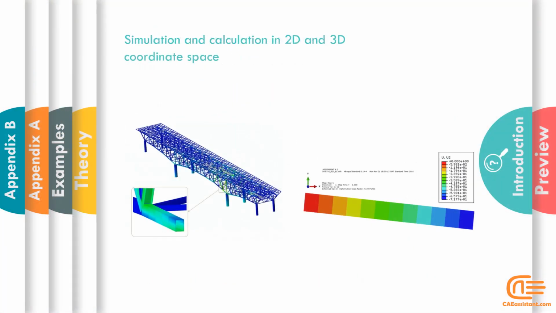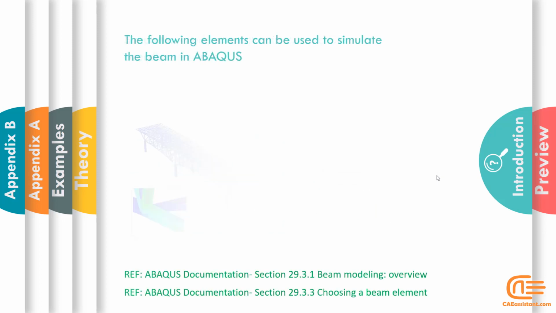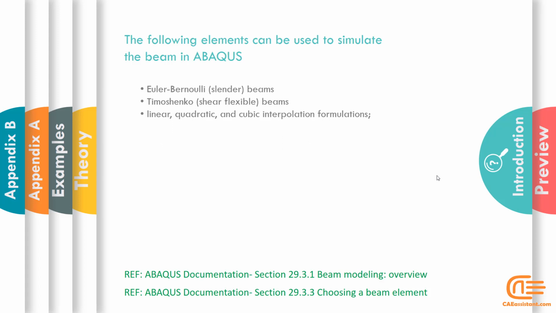If the values of variables in the third dimension are negligible, the simulation can be performed in two-dimensional form by eliminating the third dimension values from the equations. The following elements can be used to simulate the beam in Abaqus: ordinary Bernoulli or slender beams, Timoshenko or shear flexible beams, linear, quadratic, and cubic interpolation formulations,